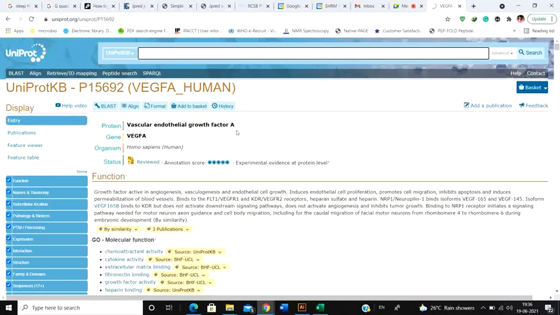Yes, okay. So now if you click on it, see, it's going to open up this entire thing. So what information do you get? First of all, you get to see the protein name, the VEGF-A protein. Then the gene that it belongs to, the organism, and the status. The status is that it is reviewed. That means this particular protein has been validated at protein level. Every piece of information about this protein has been validated. People have been able to purify and locate this protein and perform experiments with it.